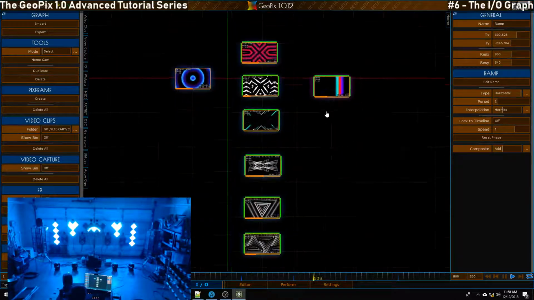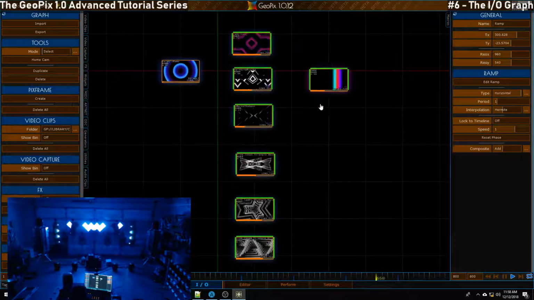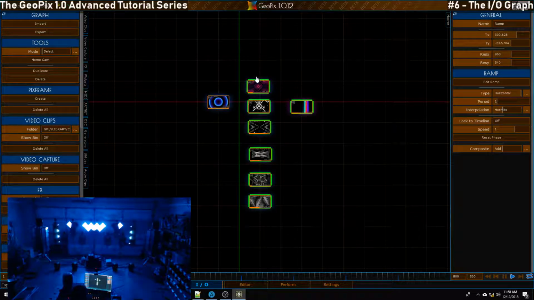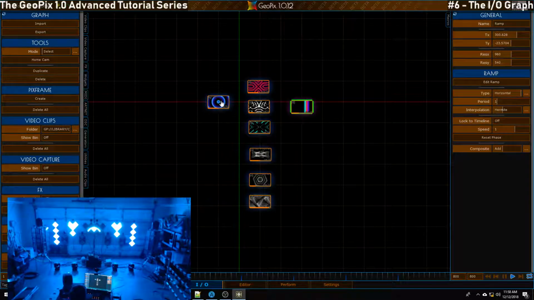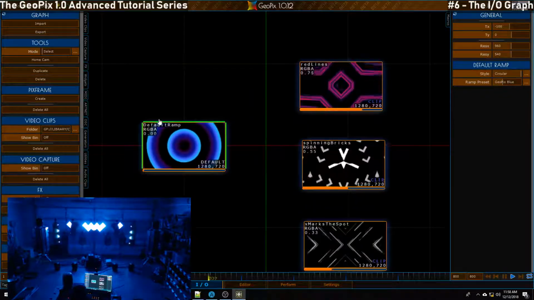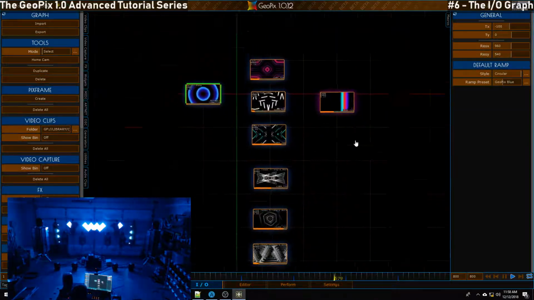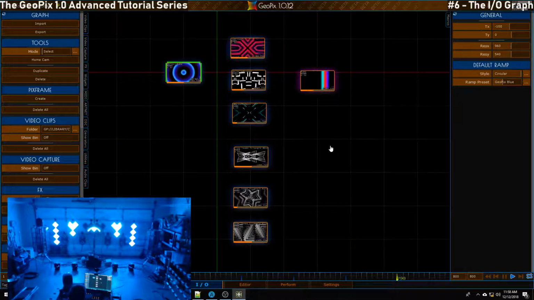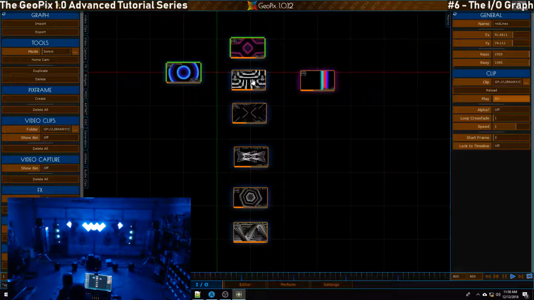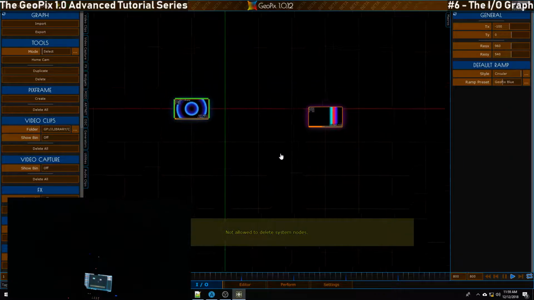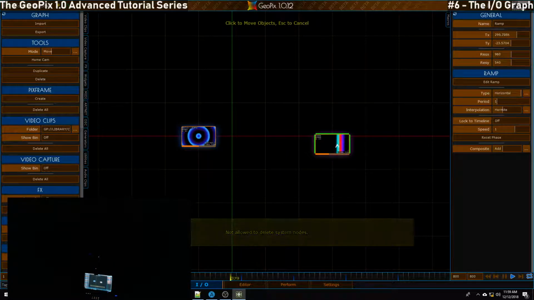So back here in the I/O tab, what do we have here? We have basically what we had last time. We have some video clips down the middle, and we have a generative ramp, and we have the default ramp, which you cannot delete and cannot connect to anything. It's just there for testing. And we're going to go delete these video files, clear up our space a little bit. And we have the ramp,